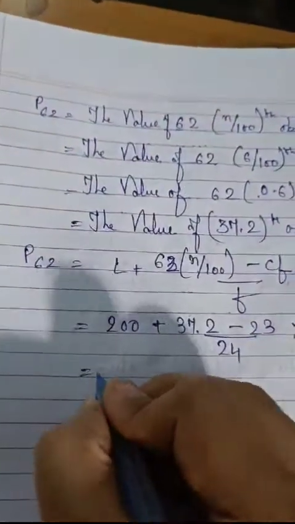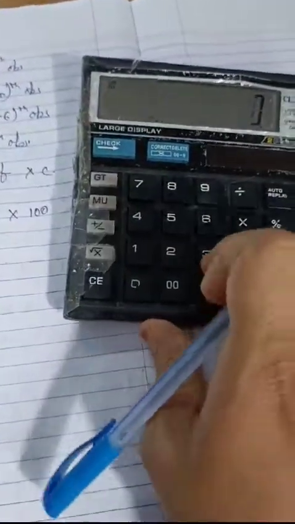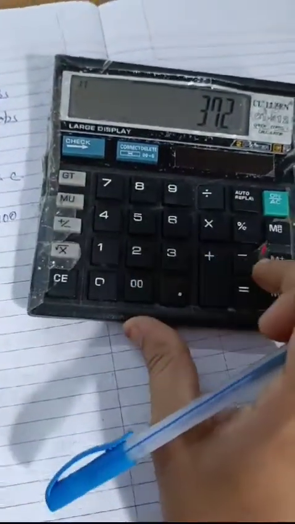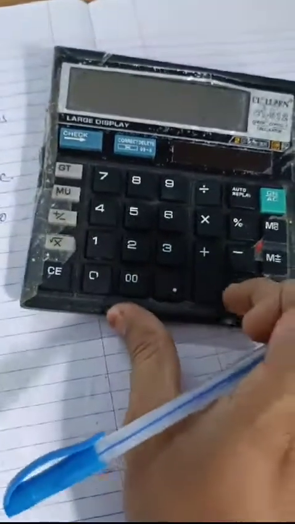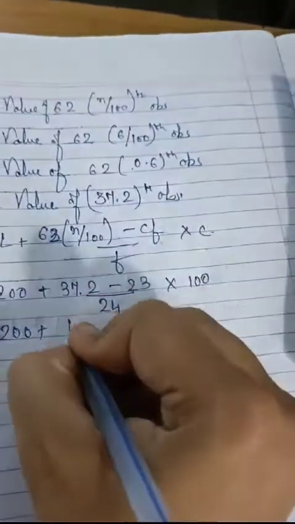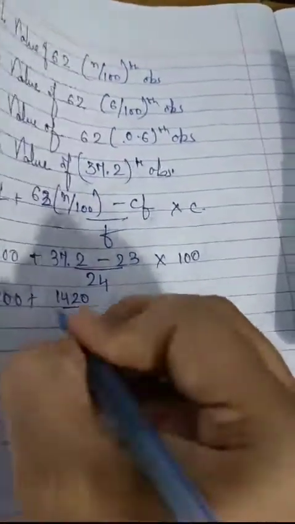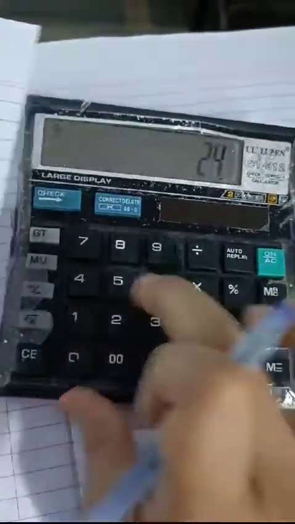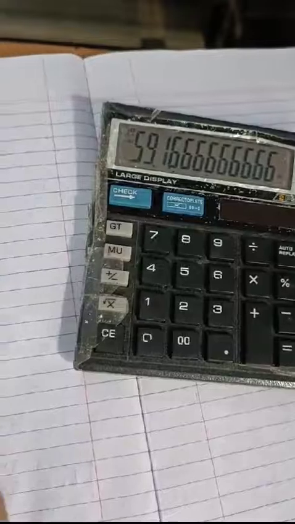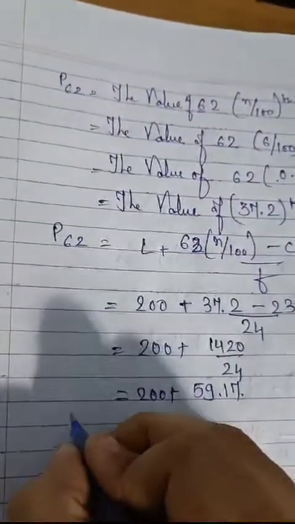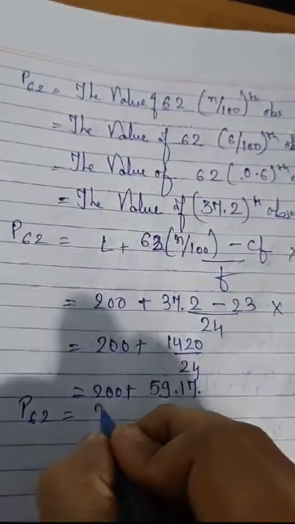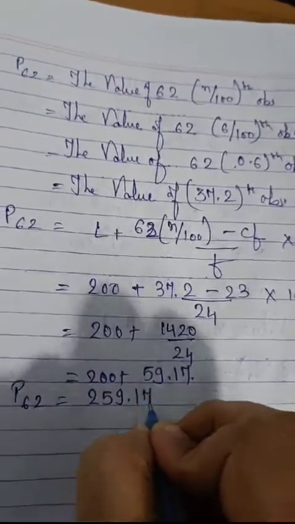Now the same way we are going to solve only this part. 37.2 minus 23 into 100. So that is 1420 divided by 24. So that is 59.17. So P62 is 259.17